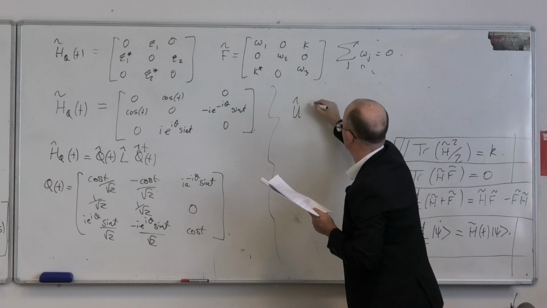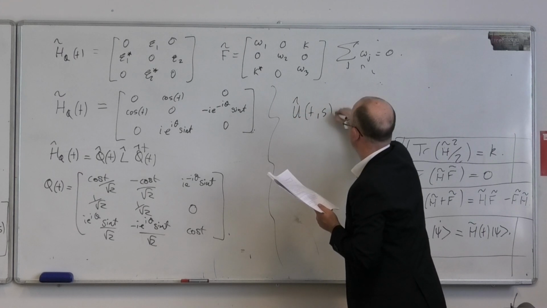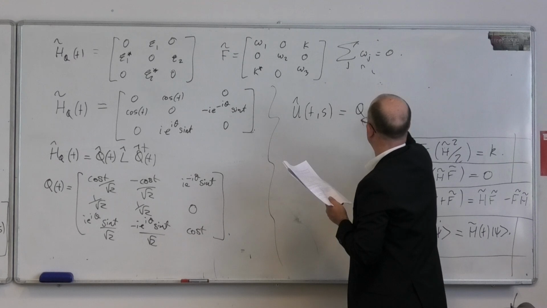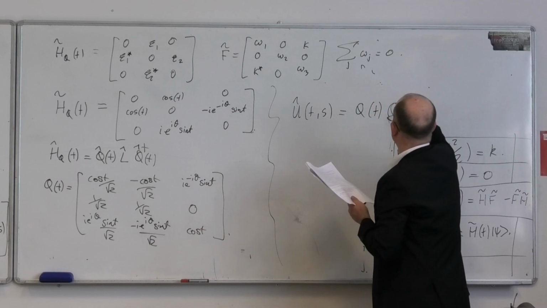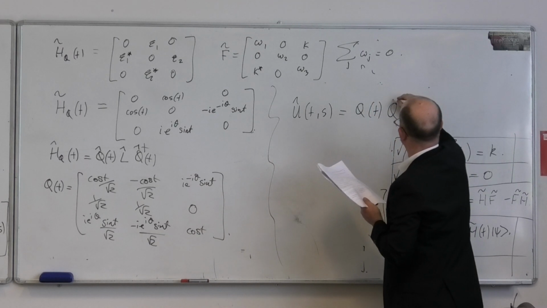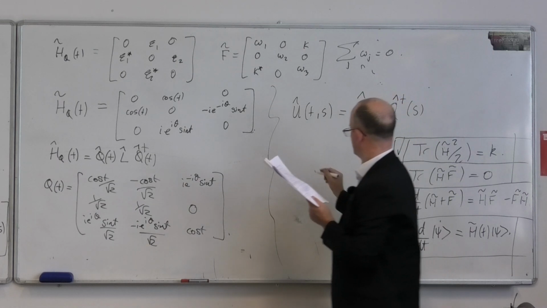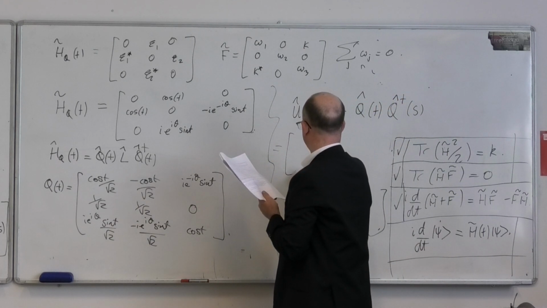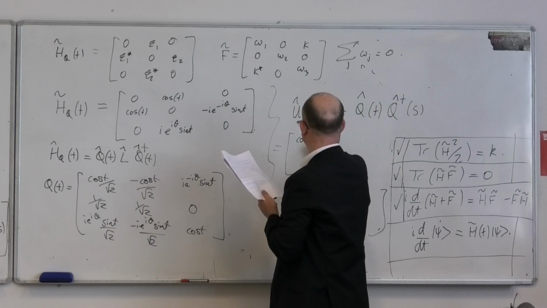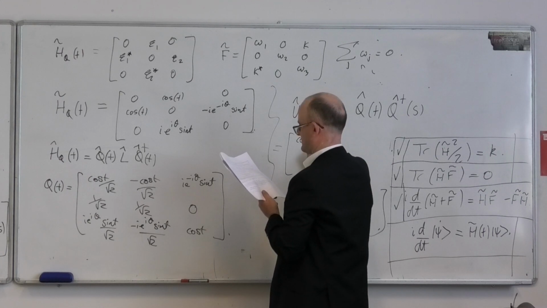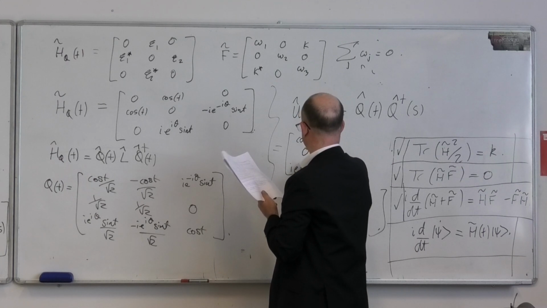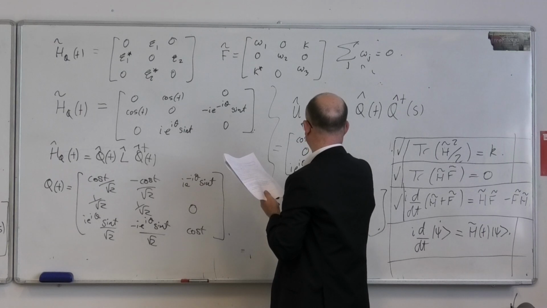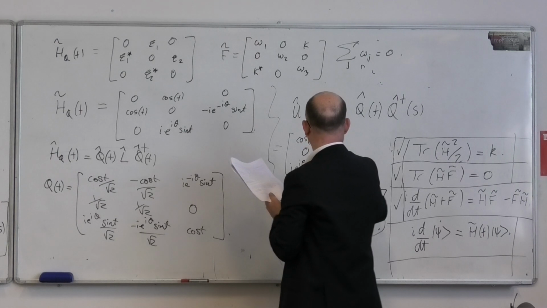So what we do is we're going to U of T S is equal to U of T Q dagger of S, and voila, we will find the matrix